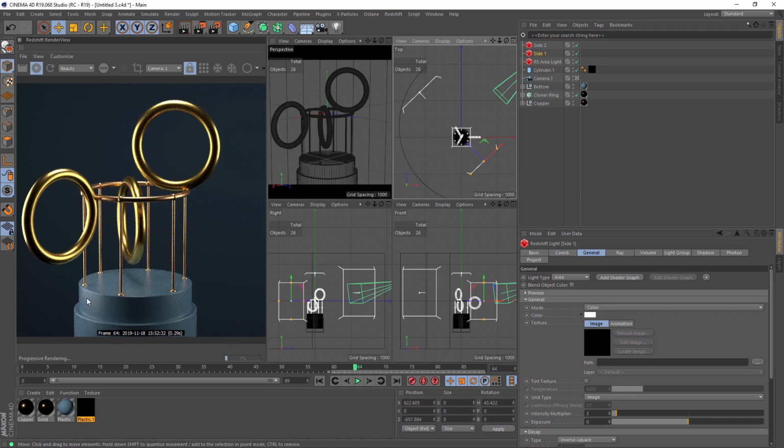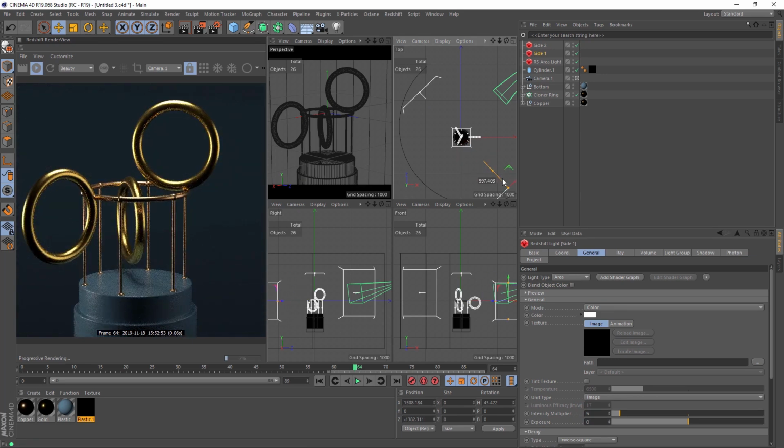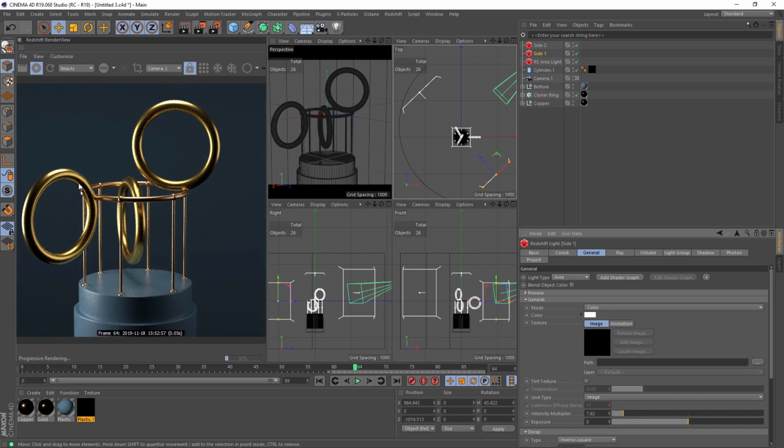I want to have different light strength on the sides, so the left I want to be brighter. Maybe 5. Let's increase. Now I think